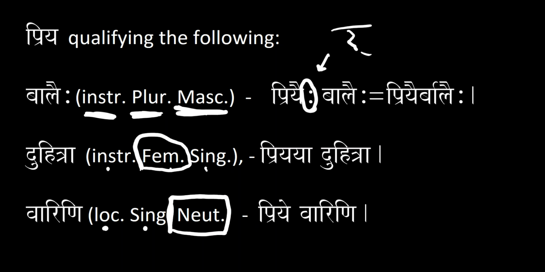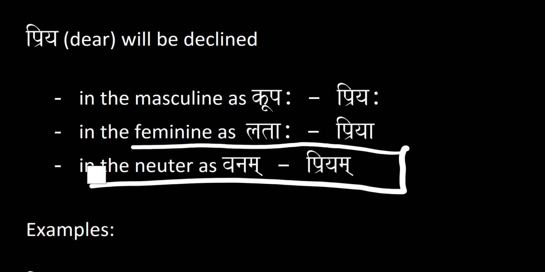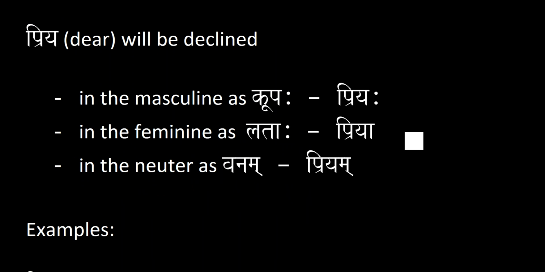Varirni came from a neuter noun that ends in ri. But even though that ends in ri, we are still declining priya like vanam because it is neuter. They're both neuter in gender, but priya is declined like vanam. So be mindful of what types of nouns you're working with, what gender they have, and know the rules for how an adjective should be declined, and you'll be fine.